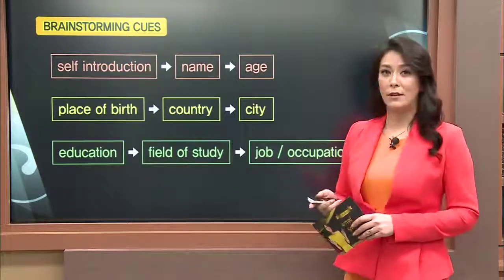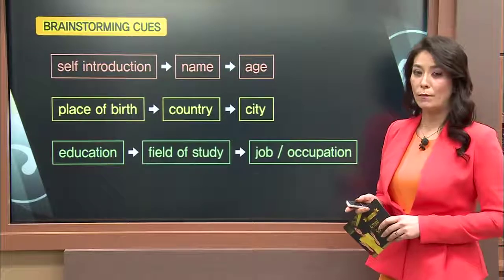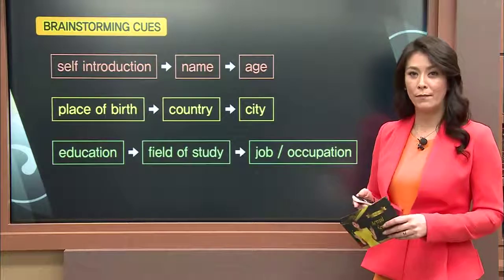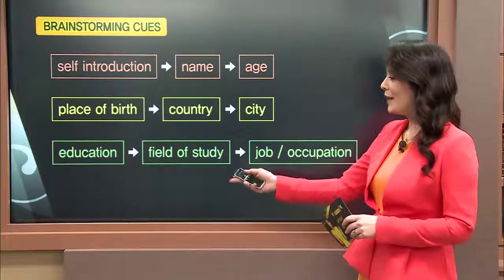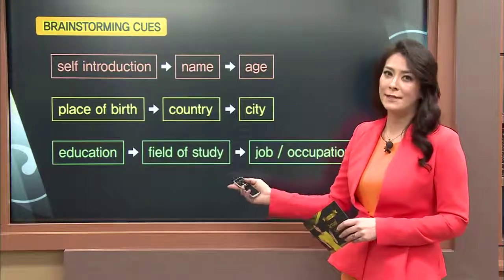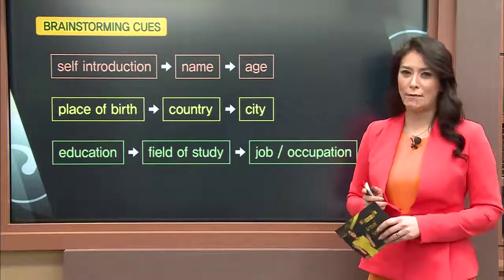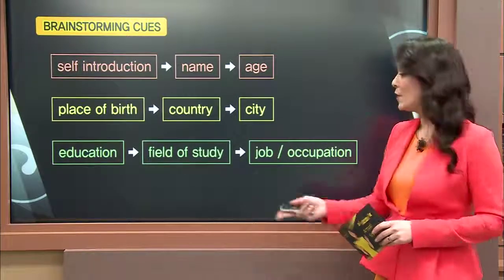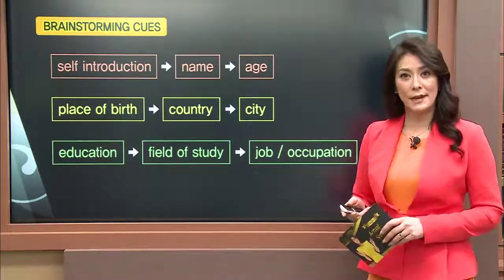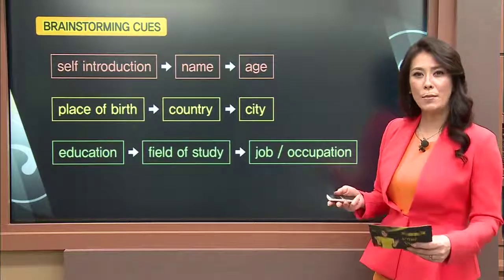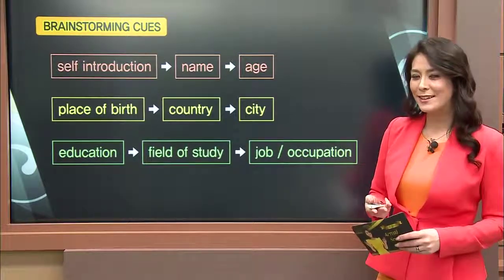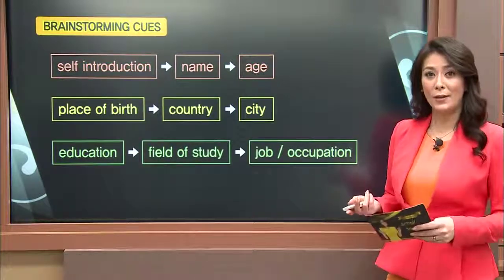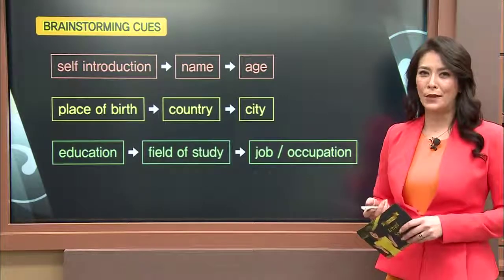Also, education. You can talk about where you went to school. You can mention something about the middle school you went to, or elementary school, university, college. So talk about education and then give some details. Details are always important. Always very important, especially in an English interview. So you can talk about your field of study, meaning what did you study? What your major was? What your minor was? Did you do a double major? Talk about that. And also talk about your job, your occupation, what you do for a living.